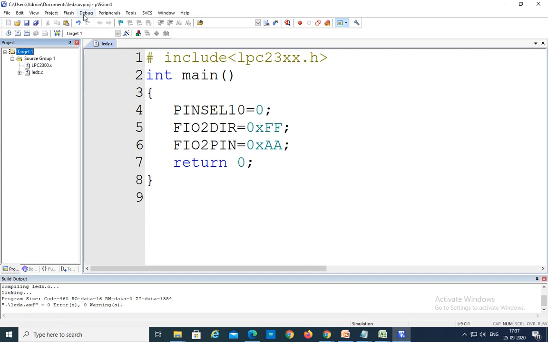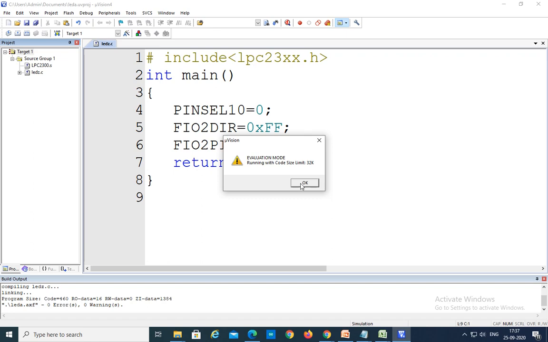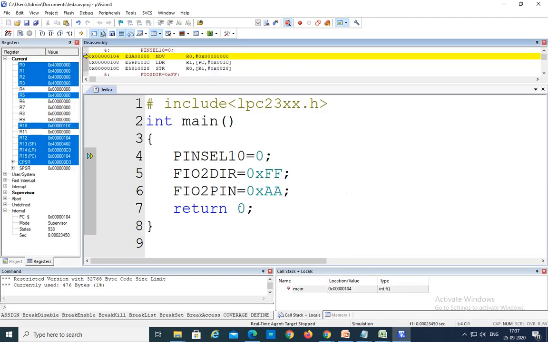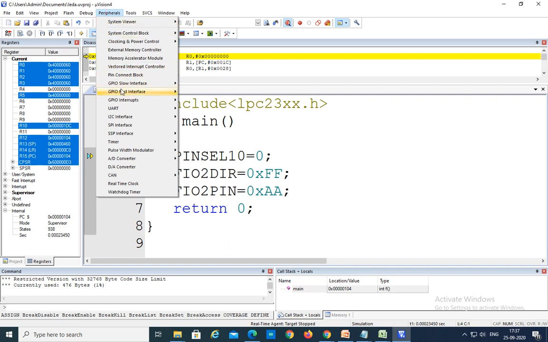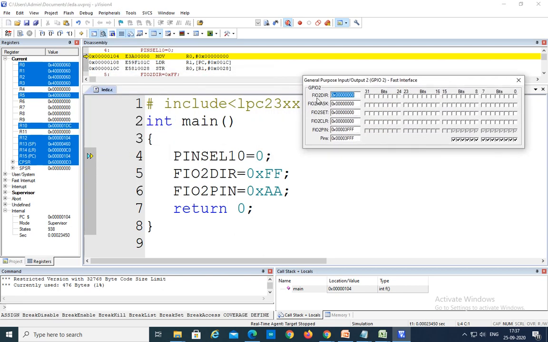Now debug, start stop debug session. Click on OK. Now in peripherals we can see the actual execution. What peripheral are we using here? Port 2, the GPIO fast interface port 2. You can see the FIO2DIR register is a 32-bit register, and FIO2PIN is also 32 bits.